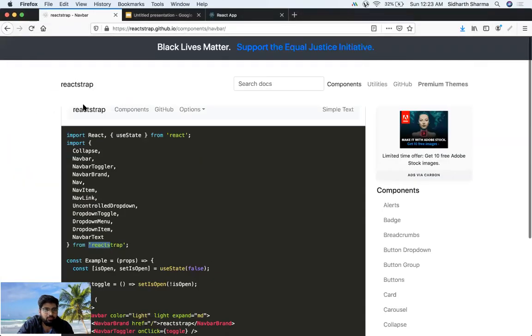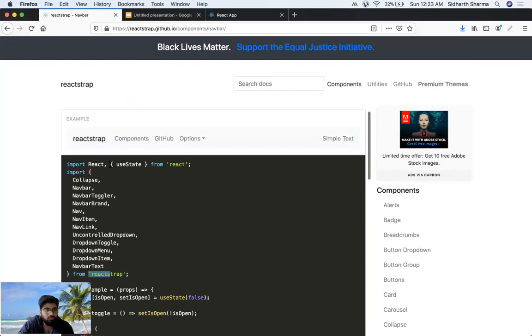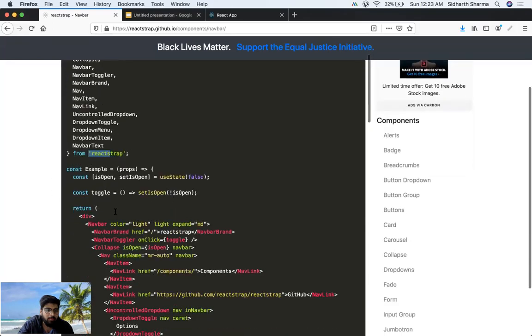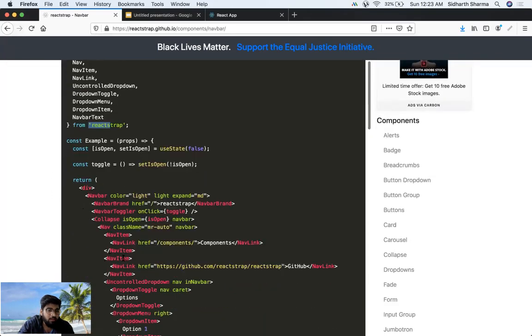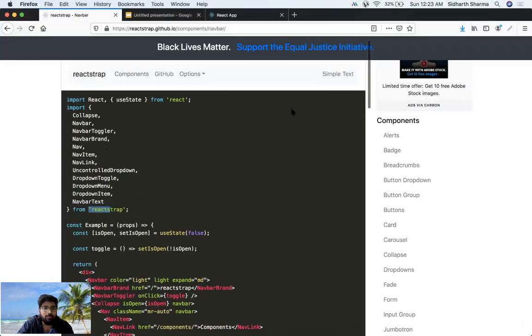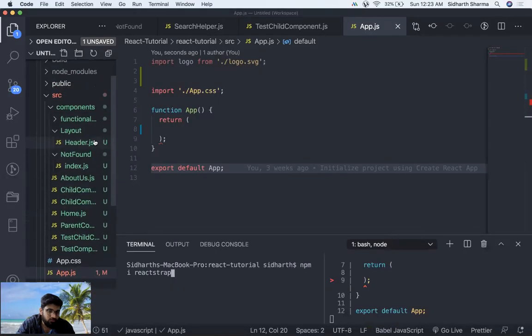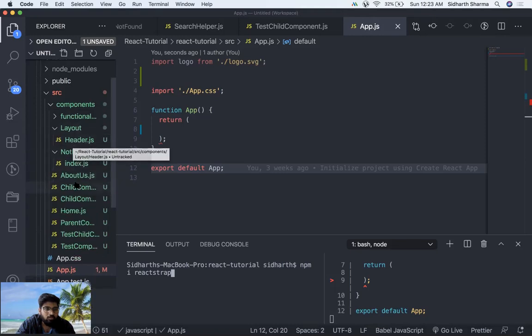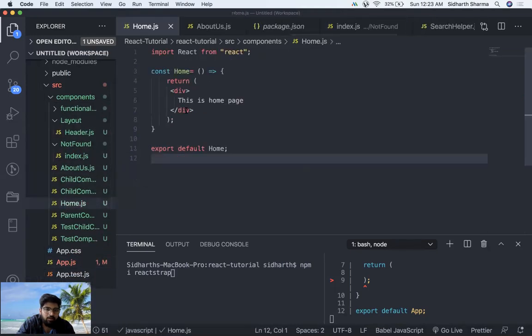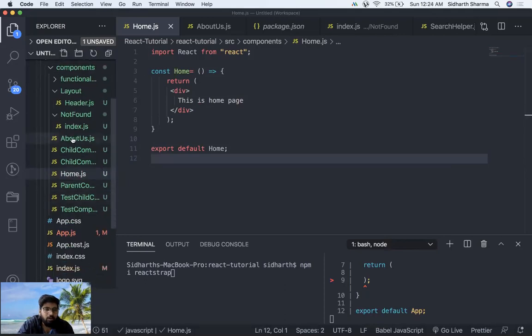Quickly I will show you. This is the Reactstrap navigation bar that I'm going to use. For this I have imported the library, and then I'm going to use NavItem, NavLink and all these things, and I'm going to create this type of sample navigation bar. First of all, I have three components with me. First is the Home component. You can see that this is the Home component, and it will show this is a home page line. Then there is another component, the About Us component.